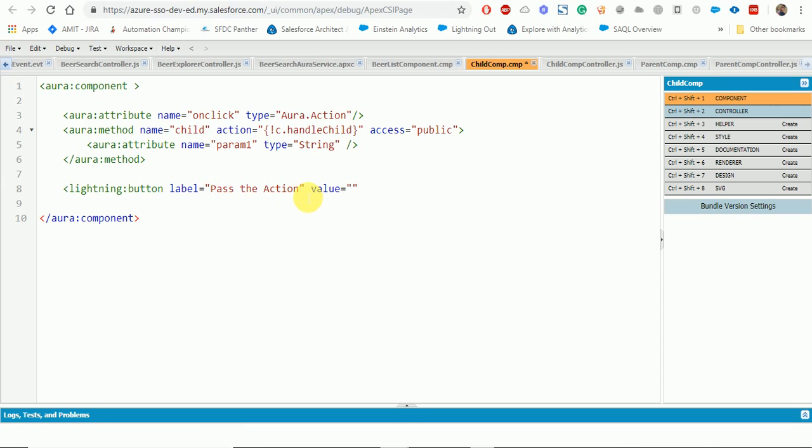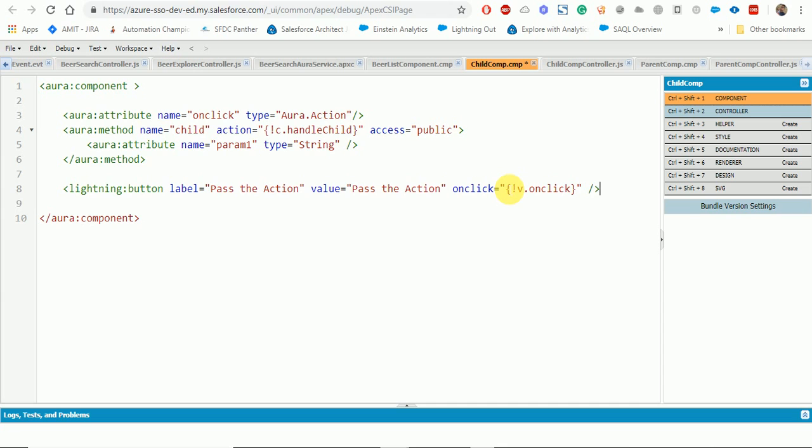And then on click, what we will do, instead of calling the controller method, as we already defined an action here, we will be passing the onclick method here, the same as we pass the value for the attribute.